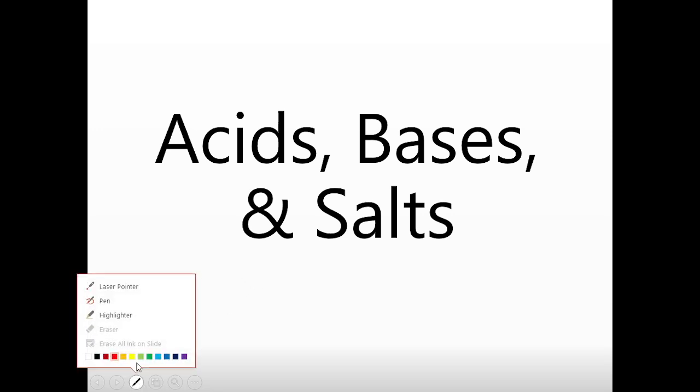We are doing the chapter acids, bases, and salts. In this chapter, we have done a lot of things. Theory, questions and answers, everything has been done. Now we are doing MCQs. We are going to start the MCQs so that you'll be able to understand what kind of MCQs can be asked from this chapter, that is acids, bases, and salts.